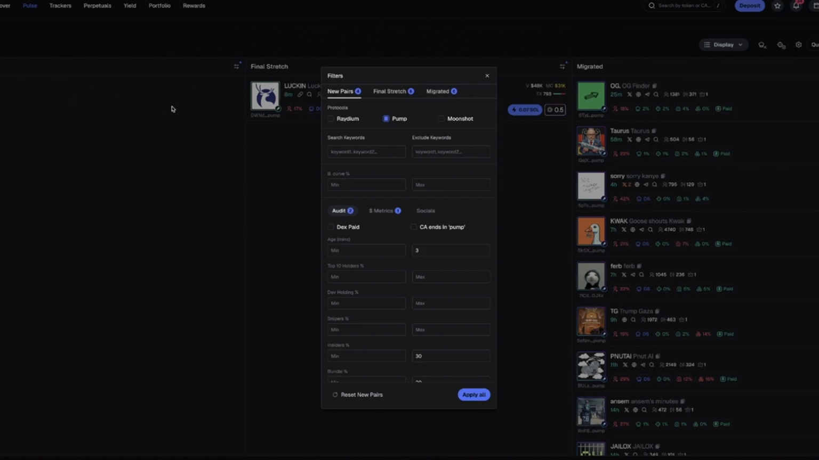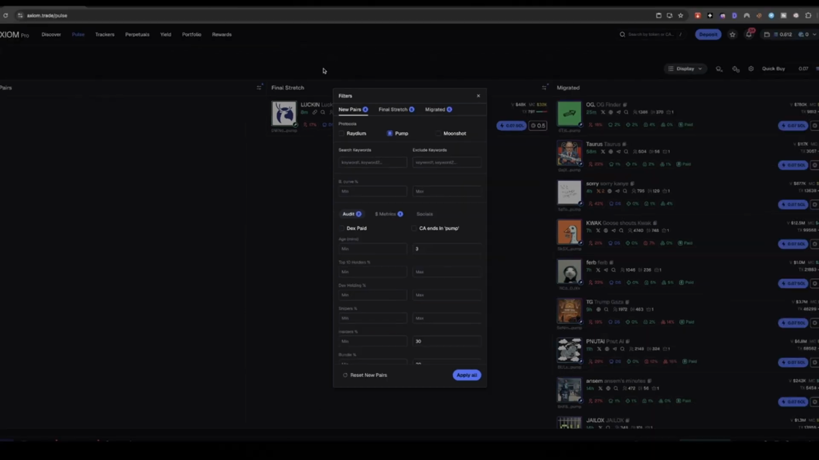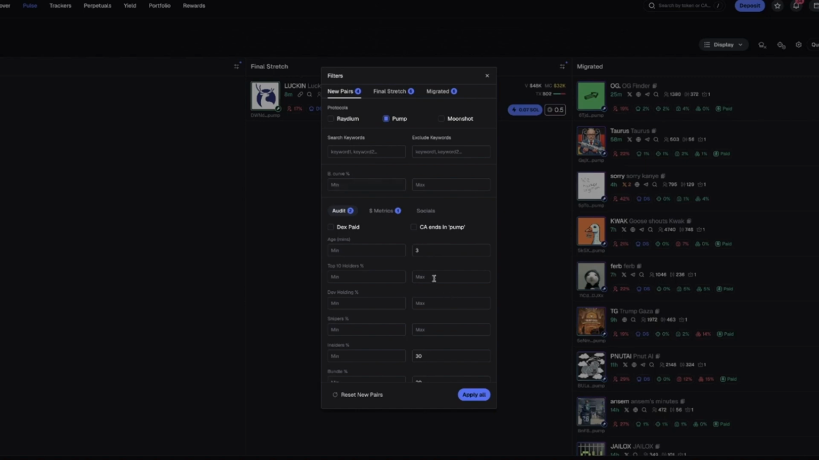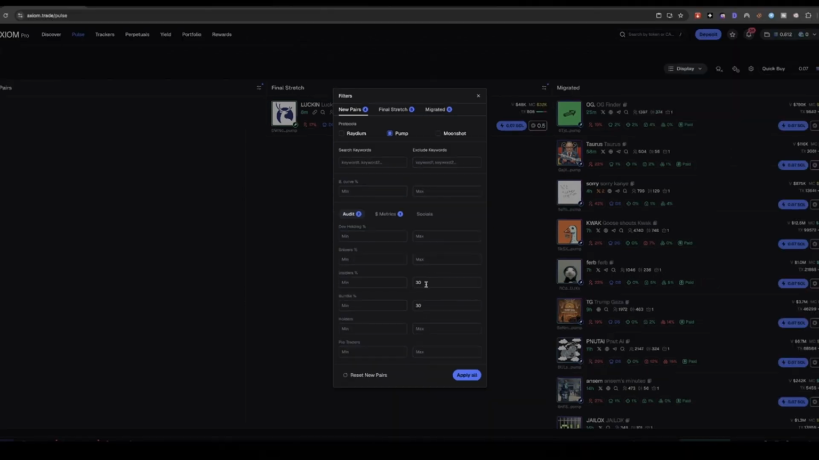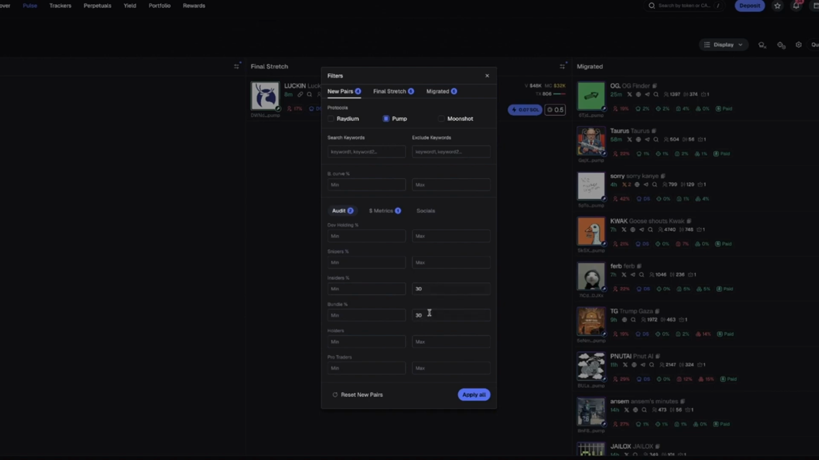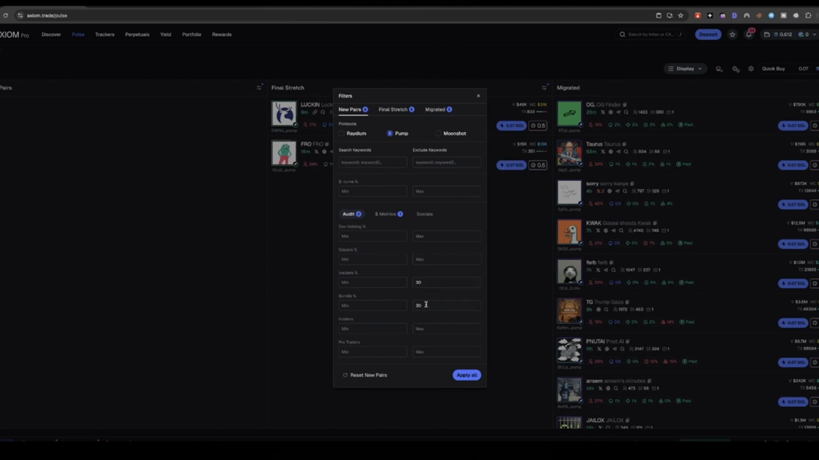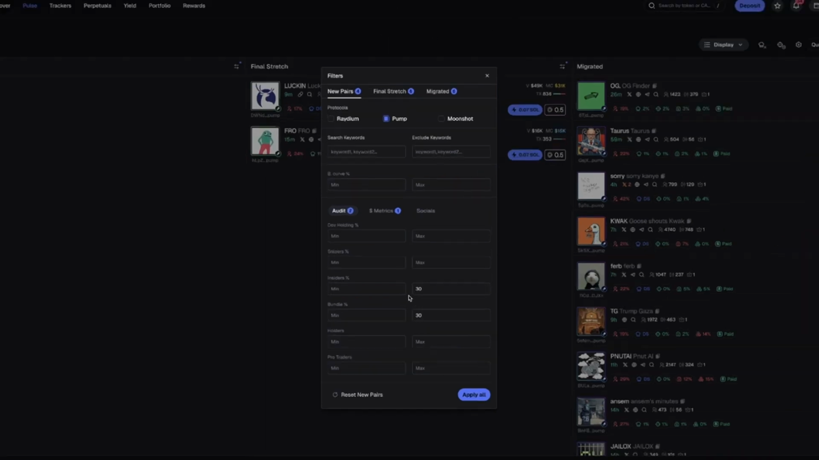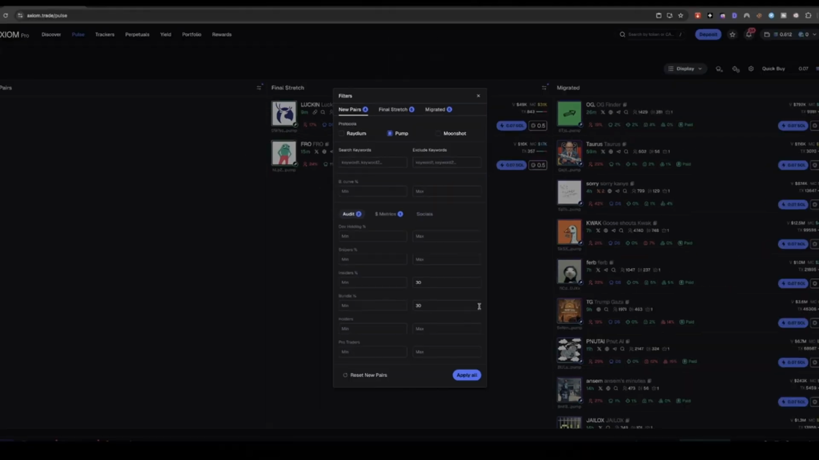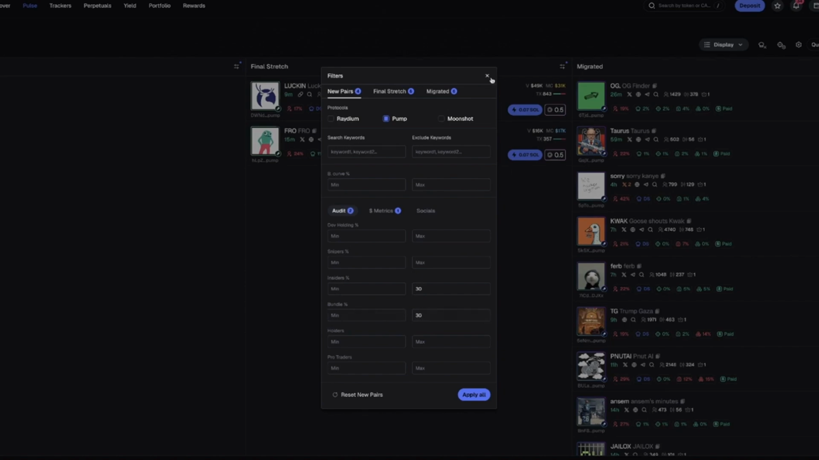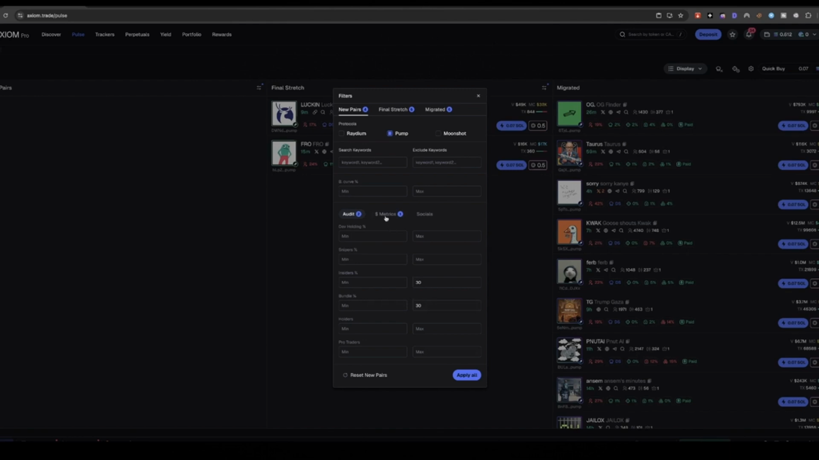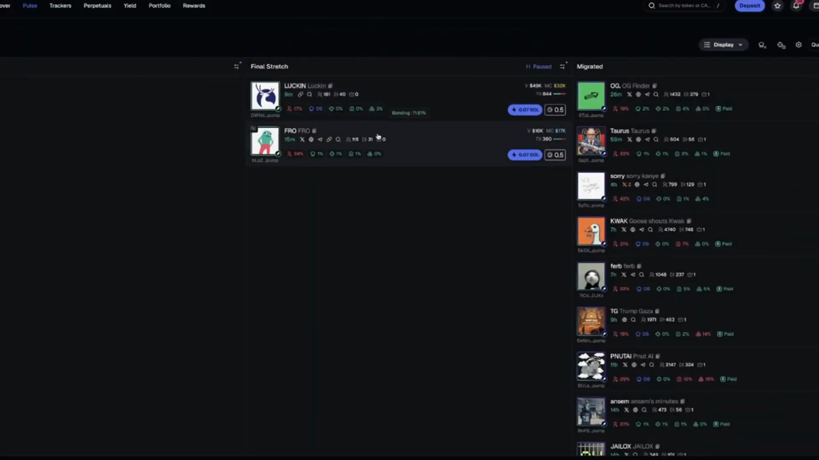Often, to be honest, usually I'll wait to see if it gets into the final stretch section, and then only then will I decide to trade it. And then insiders, I've put the max as 30%, and bundlers max at 30%. Bundling is people who are just using bots to artificially inflate the value of the token. It shows you exactly where the bundles are quite easily. So obviously you've got it in a filter section right there, but if you just quickly look here,